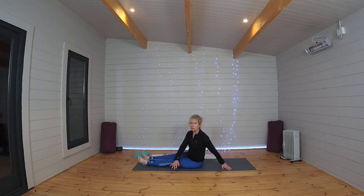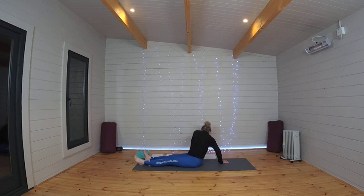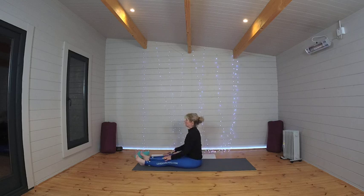And let's take that to the other side. So coming back to upright and taking the turn towards the right. And let's come back to upright, sitting with the shoulders